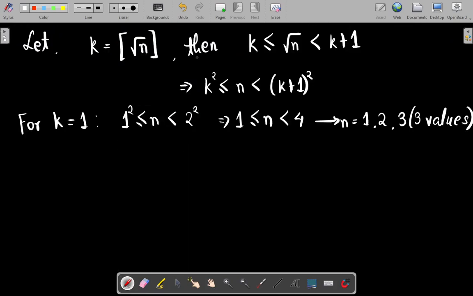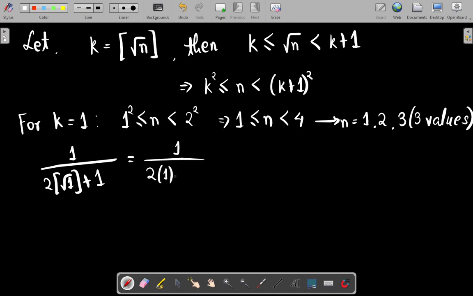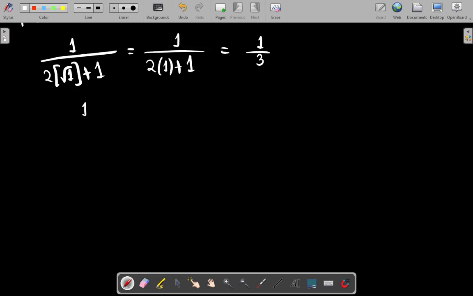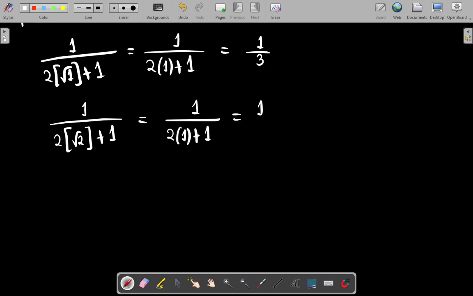Basically what this means is that the first 3 terms of the sum, this is the first term, and the value for this term will be equal to 1 upon 2 times 1 plus 1, so this becomes 1/3. Similarly, for the second term, the greatest integer of square root of 2, which is 1.41 something, will again give back 1, so this is again the same value 1/3,